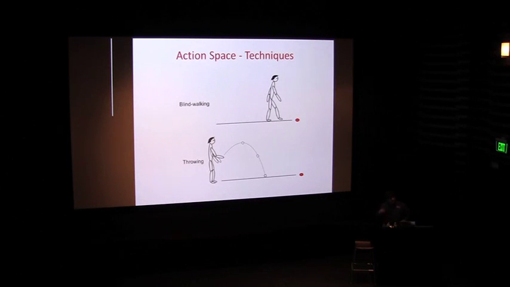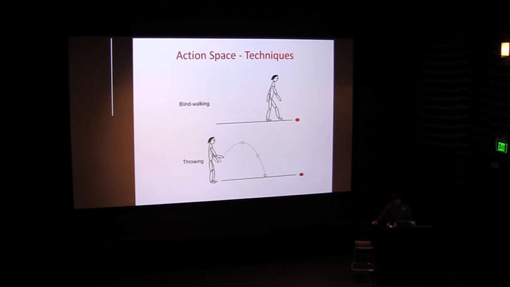So what has been done with respect to measurement? How do people typically measure perception? We're not in the age of the Matrix yet, where you can plug directly into the brain and measure one's perception. So we measure perception via action, via some responses. One of the common techniques in measuring depth and space perception, especially in action space, is a technique called blind walking, where a person views a target at some distance. These measurement techniques have been applied in distances that are 6 feet and beyond, typically in related work.